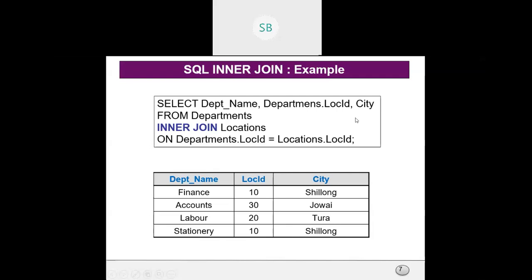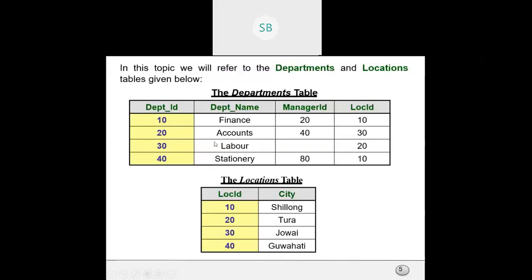So you go back to the table, you find that department name is 10, location ID is 10. So at location ID 10, we have the city as Shillong. Then accounts department, location ID is 30. So at 30, we had Jowai. Department name labor, location ID is 20. So at 20, we have Tura. Then stationery, location ID is 10. So location ID 10 is Shillong.